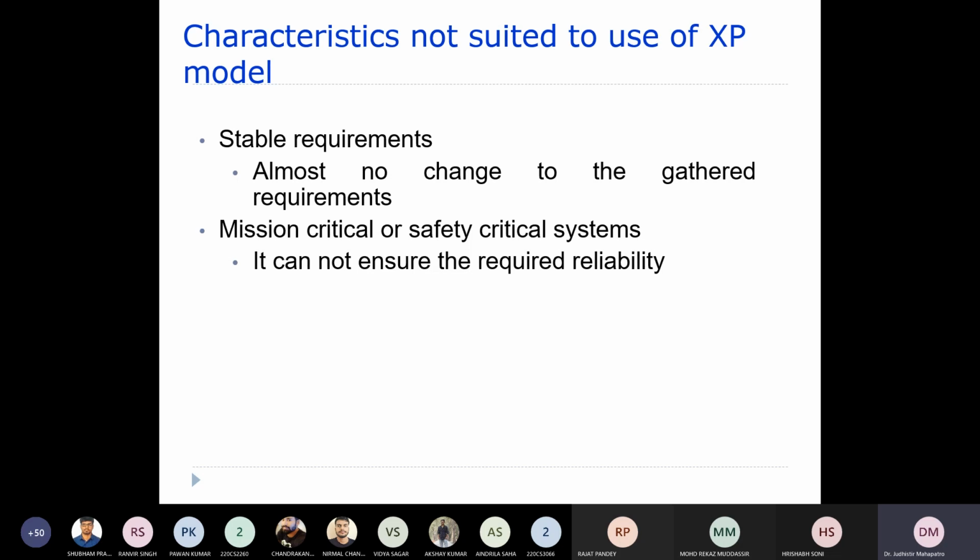Now we stop here for this particular process model. I will upload another model, just give me a minute. So far, any doubt in this process model? Student, any doubt so far? No, sir. Okay.